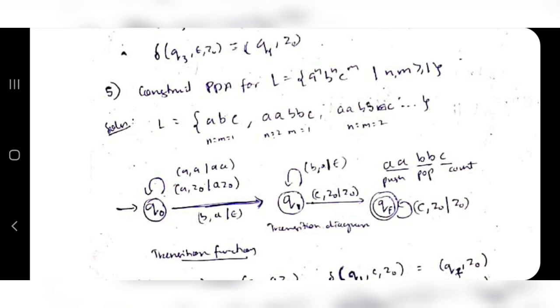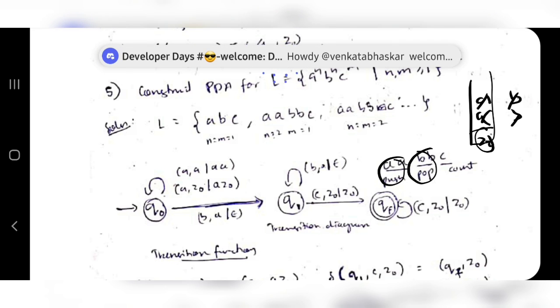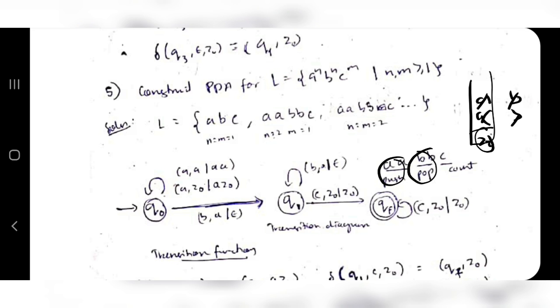So it's very simple. First we'll be dividing this into two parts. For each A, I should have one B. If one A is there, I should have one B. If two A's are there, I should have two B's. M is separate. We can consider that later. First, I have to get done with this one. So that means for how many A's I push, that many B's if I encounter, I'll be popping them and I'll be reaching the empty stack. If I encounter BB after that, I'll be cancelling these and I'll be reaching the empty string here. If I reach an empty string here, then I can count how many C's there are. That doesn't matter. C can be 1 also.